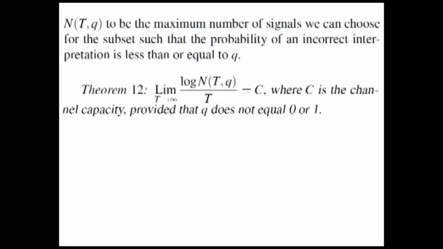But then, in fact, he goes on to claim the strong converse in the way that we know it today. Theorem 12. In fact, here he has a strong converse. And again, there is really no argument to support this. This was only proven later by Wolfowitz. It took quite a few years to prove this theorem. And in fact, Wolfowitz was unkind enough to refer to Shannon's theorems as Shannon's conjectures.